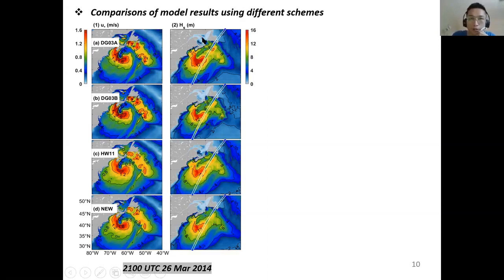So if we compare the model results with observation, you can see here the observed significant wave height from the satellite data are overlaid in the second column. So we can see the significant wave height is overestimated at high winds in panels A and B. And Huang's formula has the problem of overestimation at moderate winds. And the new formula,